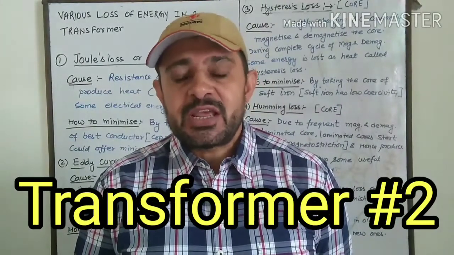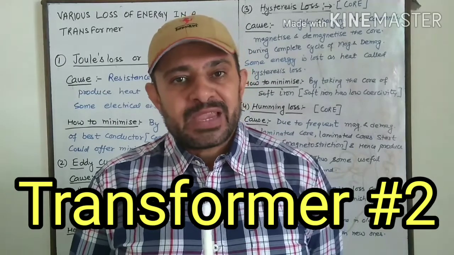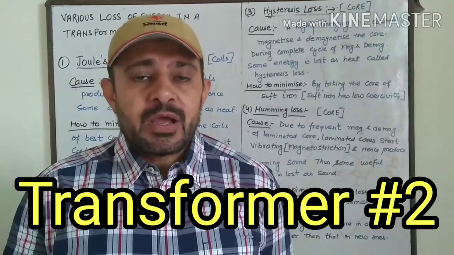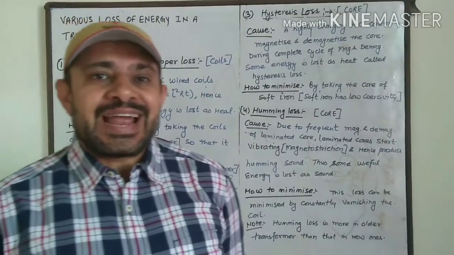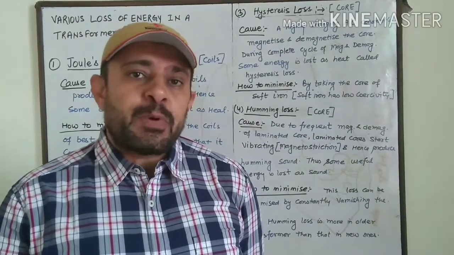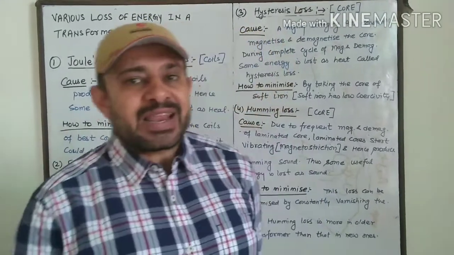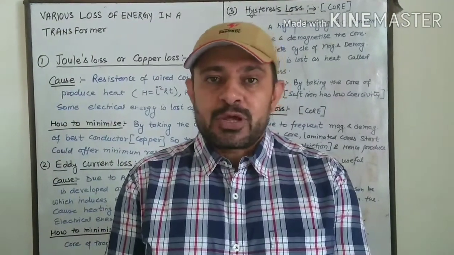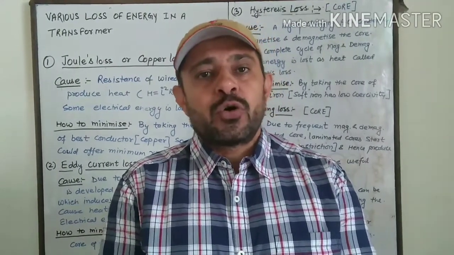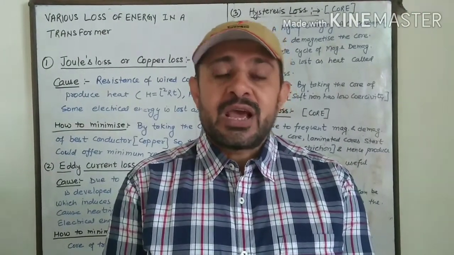In the first part we have studied the transformer, its circuit diagram, its principle, working and construction. We have studied that a transformer works on the conservation of power, which means input power should be the same as the output power, that whatever we are getting as output should be the same as input, meaning 100% of energy should be converted into power. But it is not so in real transformers, or you can say in practical transformers.